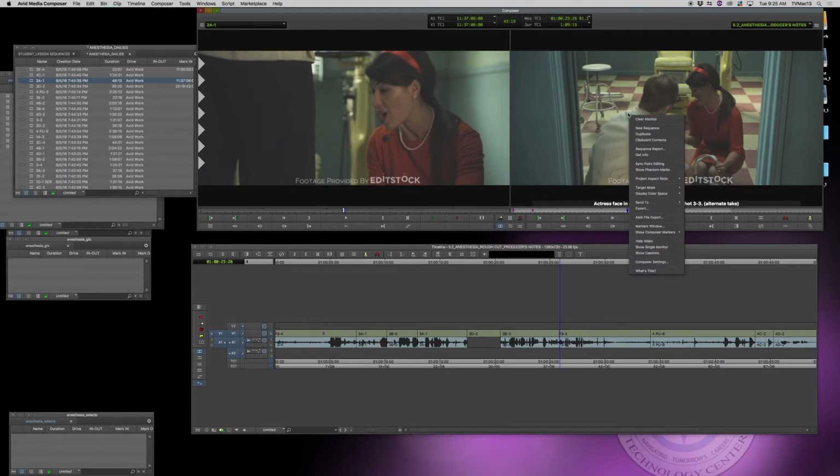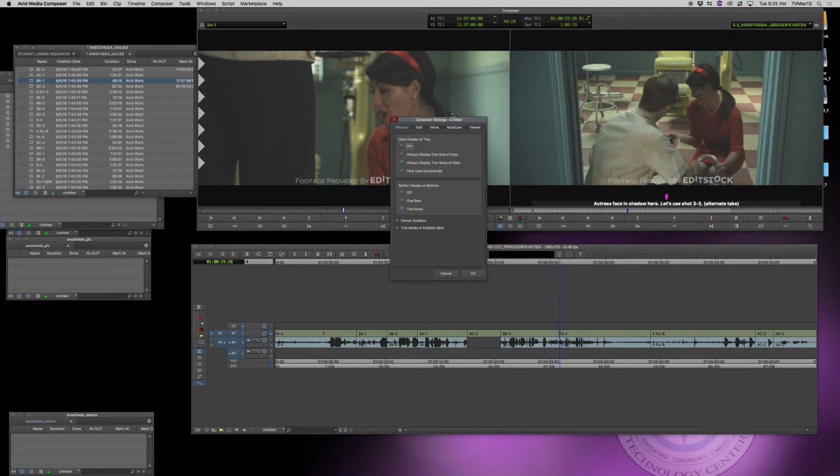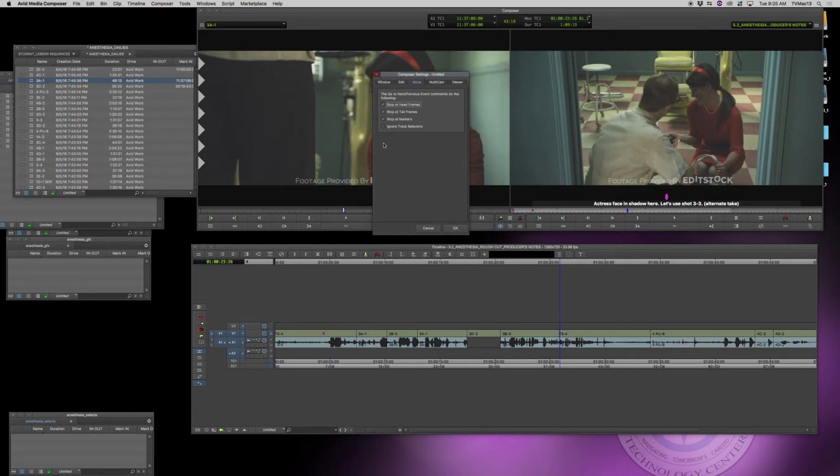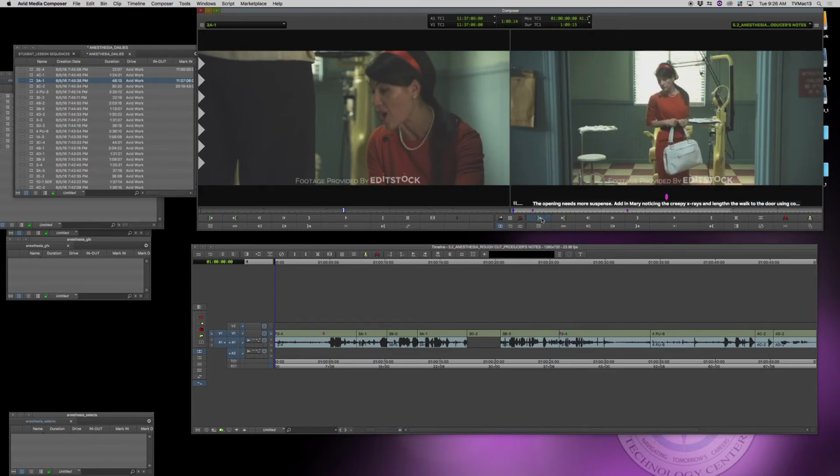If you right click and go to composer settings, it will bring up this little window, and this will allow you to change your fast forward options. You can stop at the head of frames, you can stop at the tails of frames, or you can stop at markers. Right now it's stopping at markers. I'm going to uncheck that. I'm going to hit OK. So now when I fast forward and rewind,